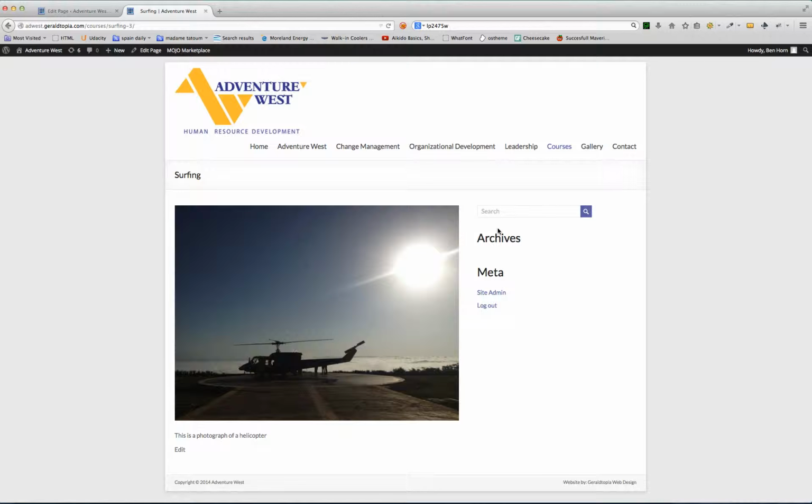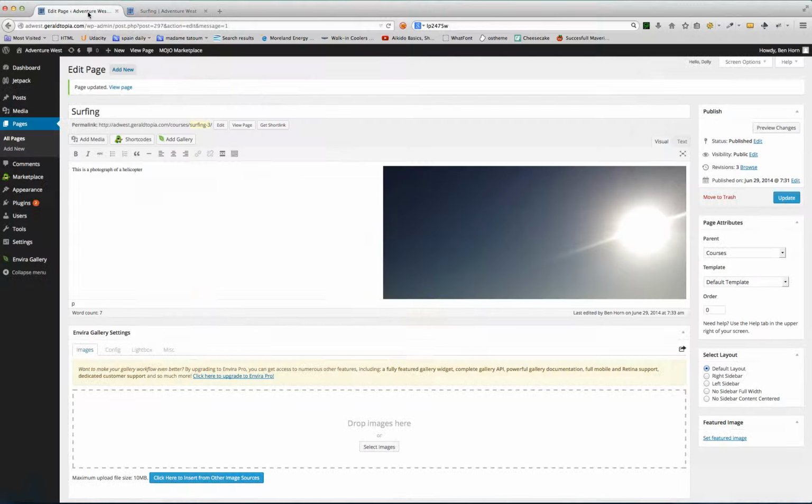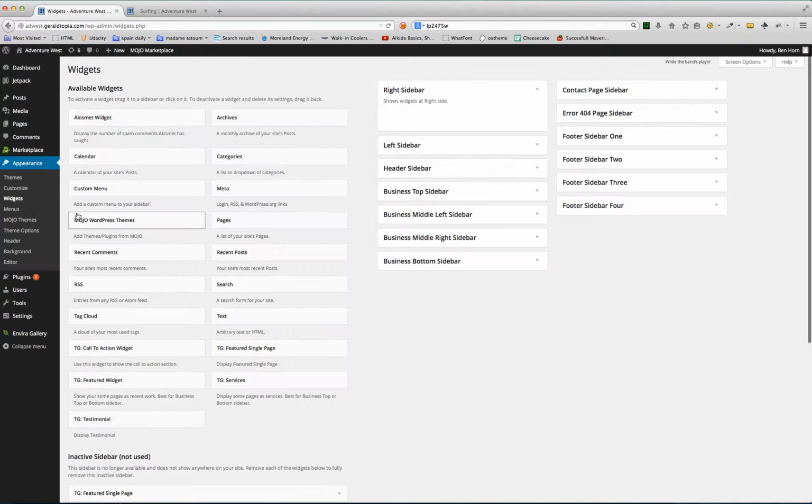Now we've also got archives and meta, which is also something more typical to a blog where you're letting people read your past news posts. So we want to get rid of that, and to do that we're going to do that through widgets. So you go to Appearance and you go down here to Widgets. We click on that